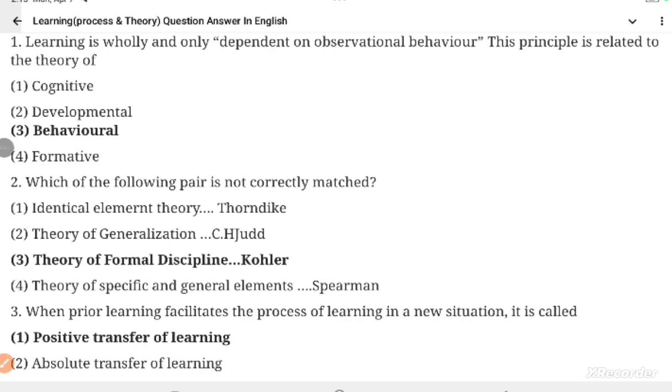Today we are going to discuss learning process and theory MCQs. These questions will be helpful for you in TG TET and DSC also. So let's begin. Our first question is,